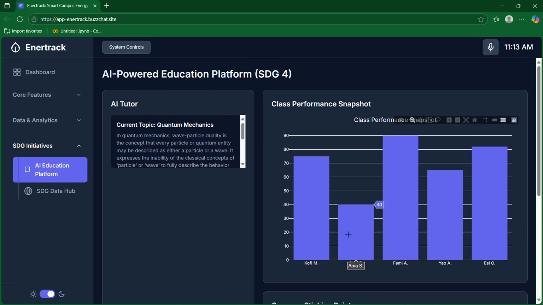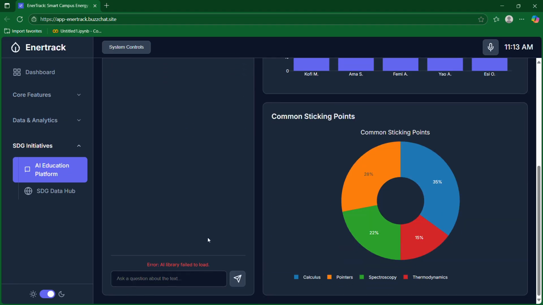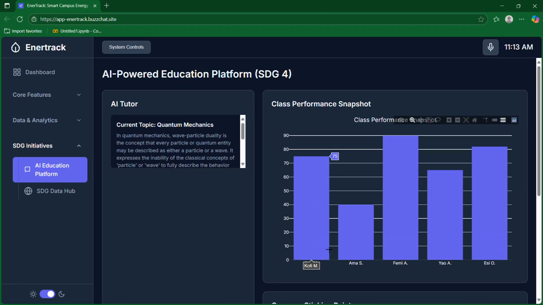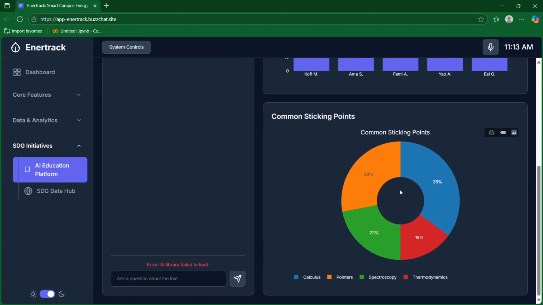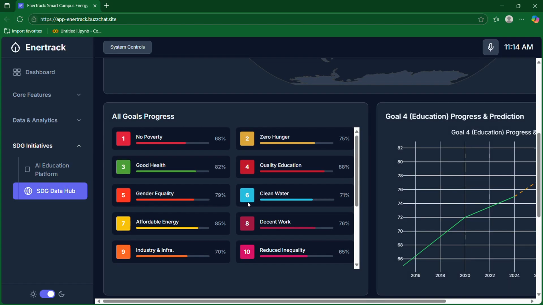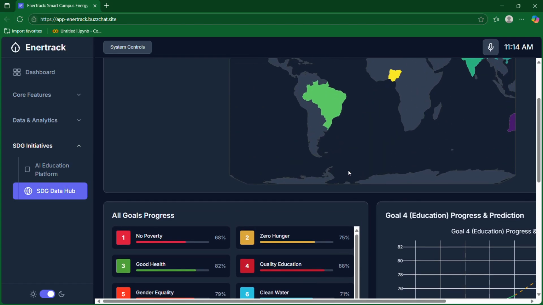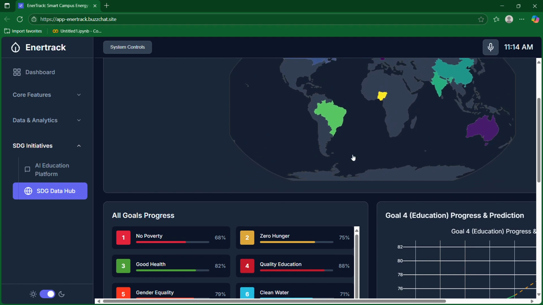Now, when you come here, as you interact with the chatbots, it's supposed to show the students of, let's say, the week who have been interacting with the chatbot and solving problems, primarily common sticking points too. So when it comes to the SDG data hub, we plotted a few data points